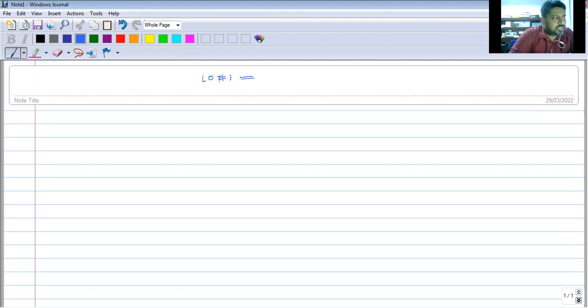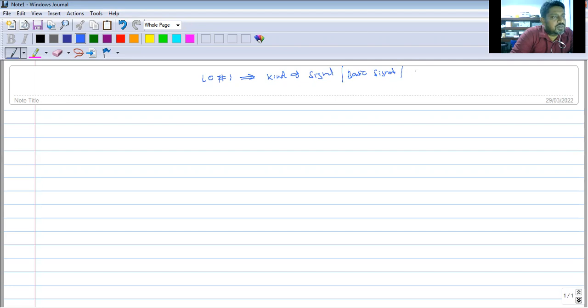Under LO1 we have learned different kinds of signals, and also some basic important signals like the sinusoidal signal, unit step signal, unit impulse signal, and so on. And also we have learned